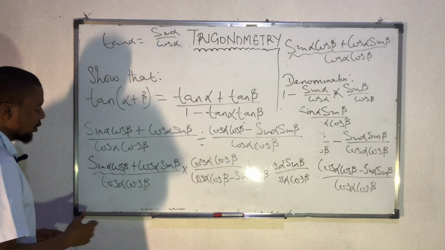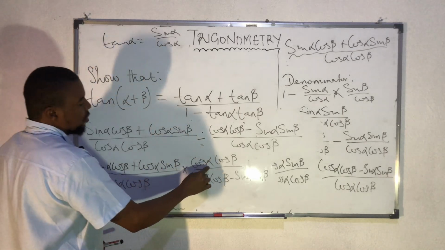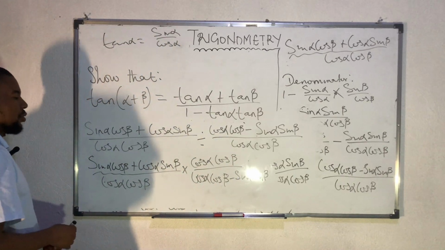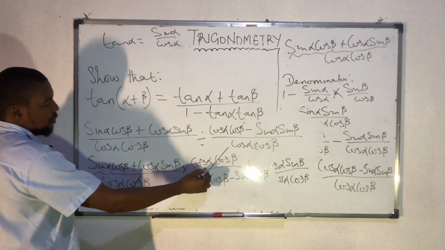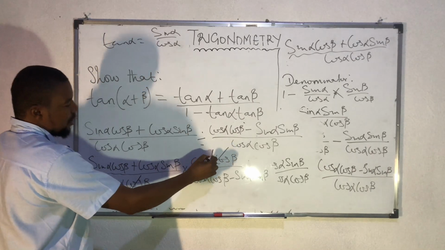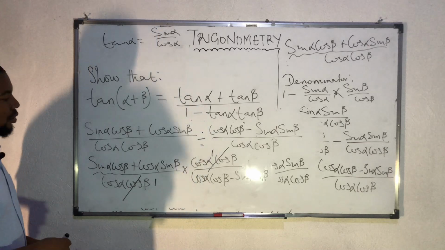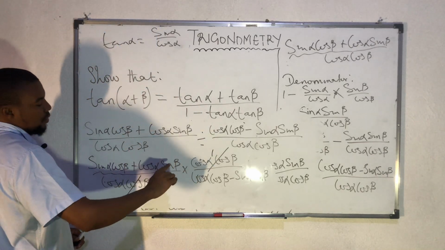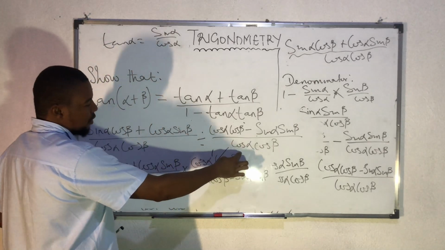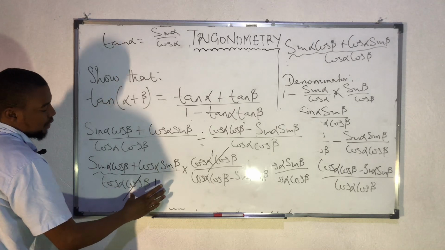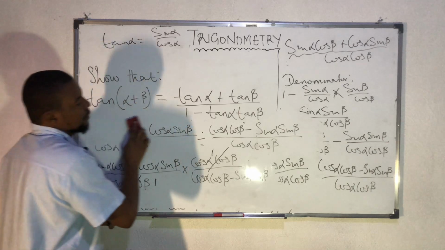At this point, we've seen that we have cos alpha cos beta on the denominator of the left and cos alpha cos beta on the numerator of the right. Therefore, they can easily cancel out. And if they cancel out, we have a 1 here and we also have a 1 here. What do we do at this juncture? We can now multiply across. Sine alpha cos beta plus cos alpha sine beta multiplied by 1 will give us the same value, and the denominator multiplied by 1 will also give us the same value. Therefore, we're going to obtain,